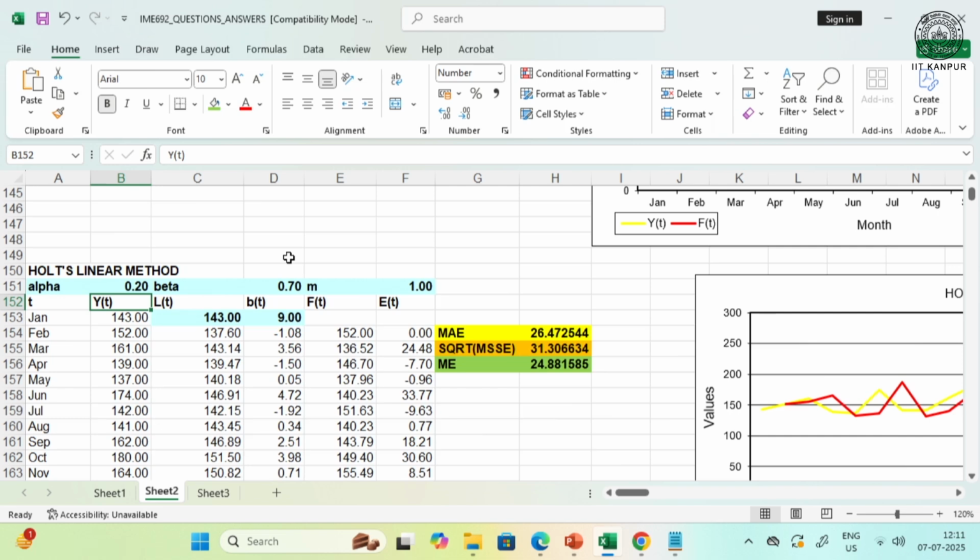This is the Holt linear method with m equal to 1. Now, the question can be, can m be increased to 2? Yes, it can be, but the data set should be large. Or can we have the Holt linear method with more than one alpha, more than one beta? Yes, it can be. But considering the complexity of the problems you want to make, these set of models